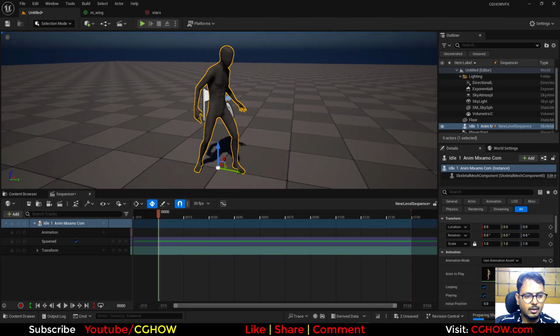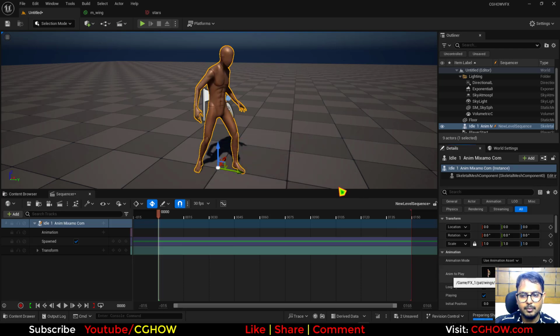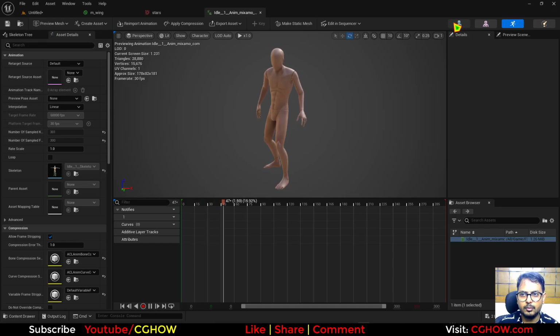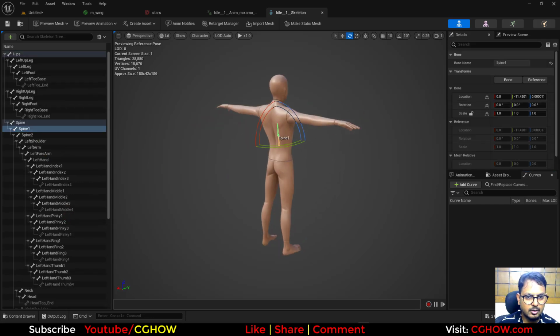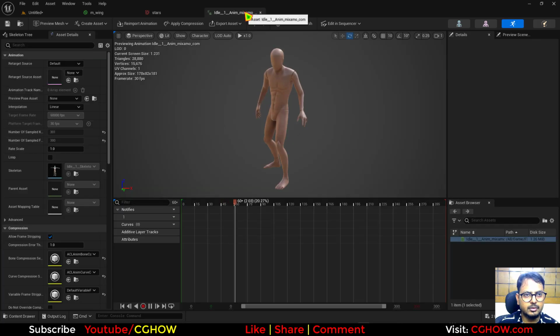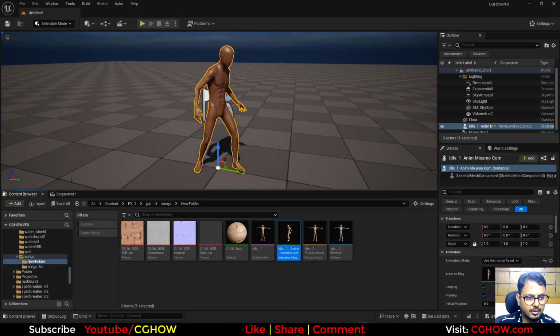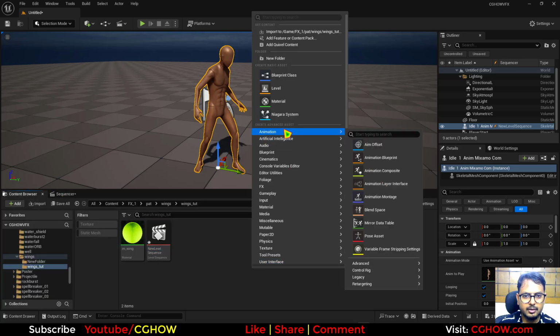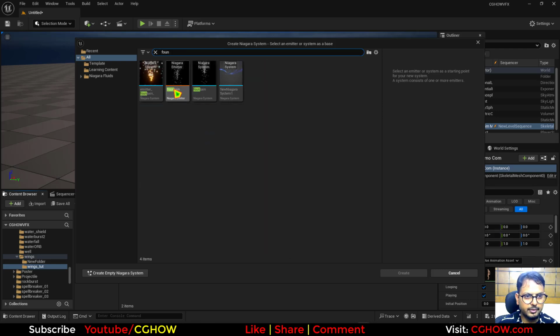Cool. And if I open this model, let me show you the bones. So in the skeleton, it has these spine bones. So you can use one of these to link your FX. I will use, I think, spine 1. So just close that. And then here, back to this folder, I'll create a Niagara fountain,